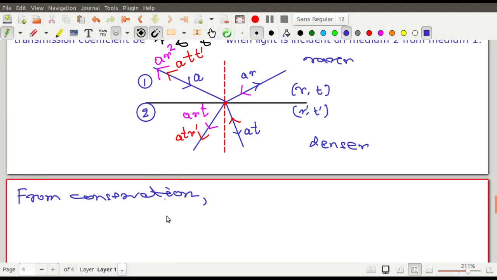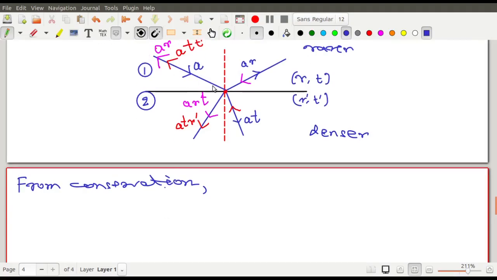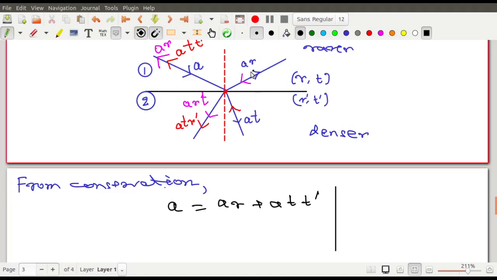যা দিয়েছো একই জিনিস ফেরত দিতে হবে, তাই তো, যা দিয়েছি তাই ফেরত দিতে হবে. What is the amplitude incident? The amplitude incident was A. And what is the amplitude that is returned back? So it is AT T dash. So এটা হচ্ছে একটা ইকুয়েশন, and another one over here, you look at this, এই দুটো দেখো ব্যালেন্স হয়ে গেছে, these two are balanced, AR is balanced, up down balance, AT is also balanced, up down balanced, এই যে টপ বটম ব্যালেন্স হয়ে গেছে, রেড এন্ড ব্লু ব্যালেন্সড, ব্লু এন্ড ম্যাজেন্টা ব্যালেন্সড, আর এইদিকে দেখো ম্যাজেন্টা এন্ড রেড,